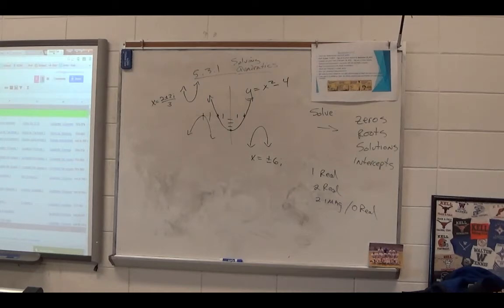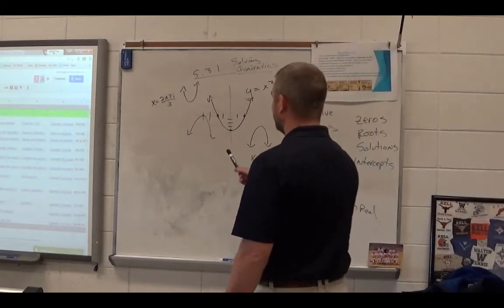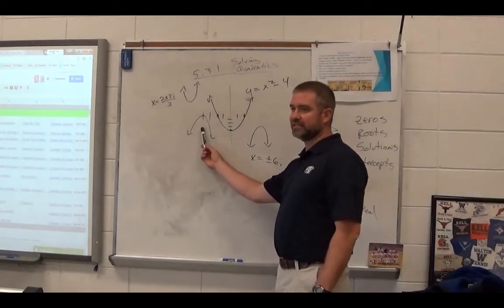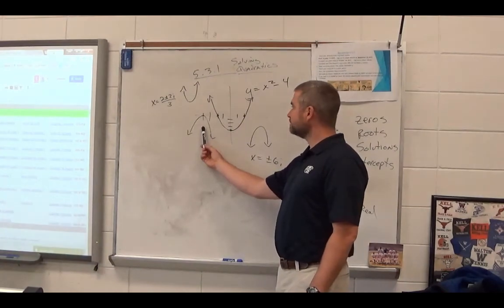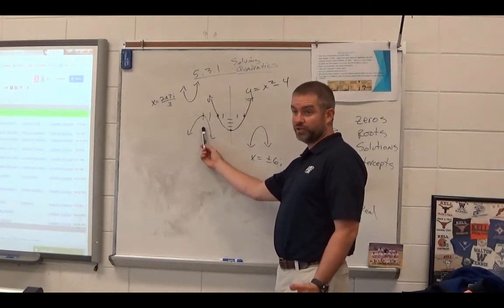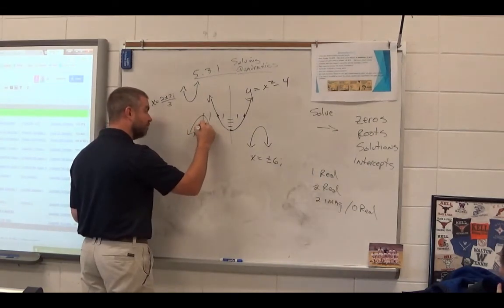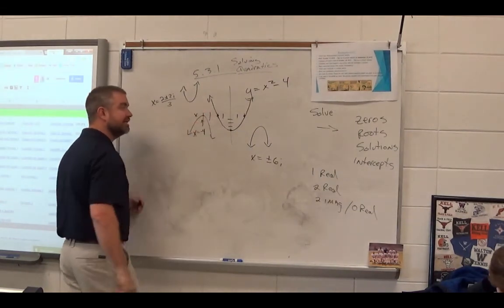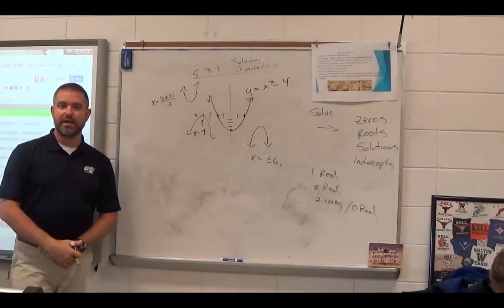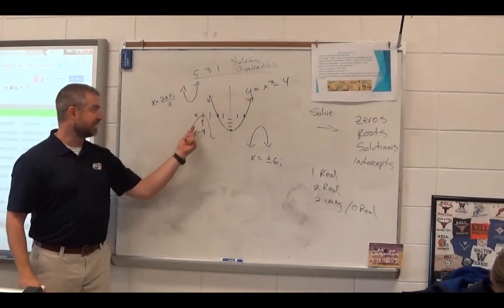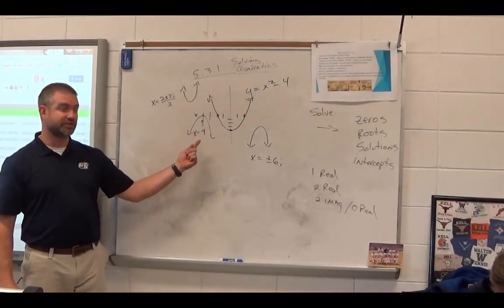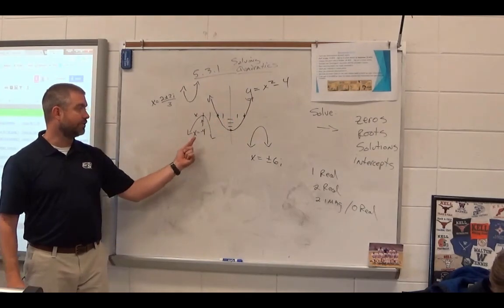But roots can be 2 real roots, like 2 and negative 2. They can be 1 real root. What's the root here? What's the 0 here? What's the answer here? x equals what? You can look at the graph and tell. x equals what? Negative 4. x equals negative 4 because that's where it crosses the x-axis. Okay? So it can have 1 real root, 2 real roots,